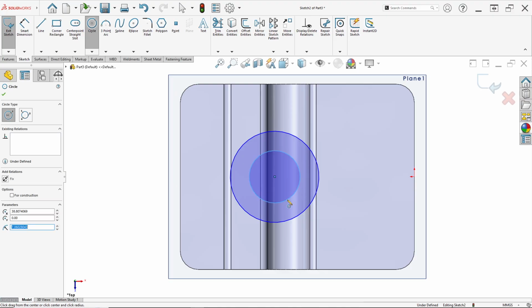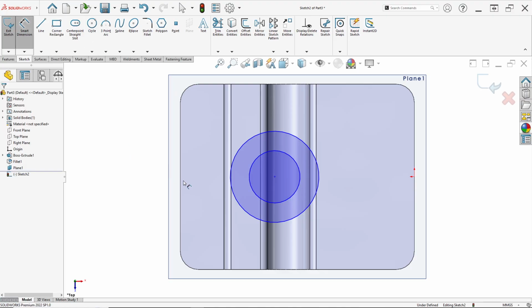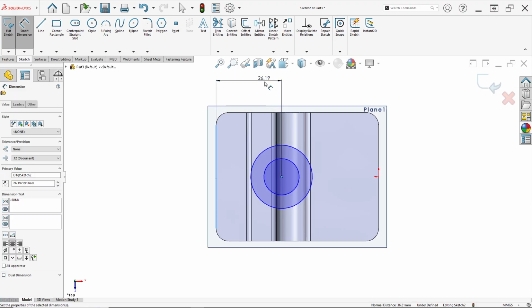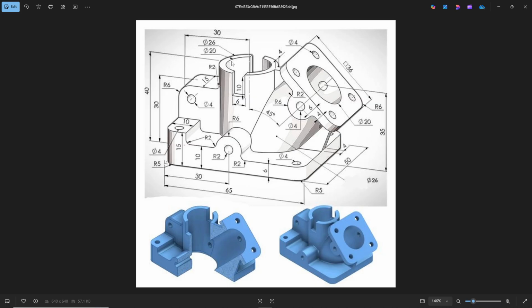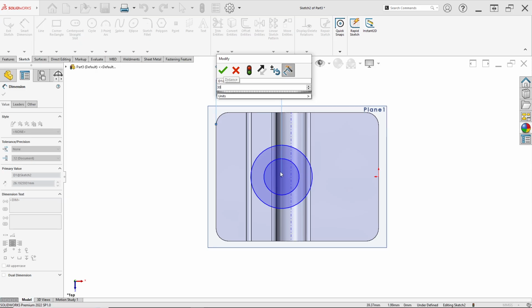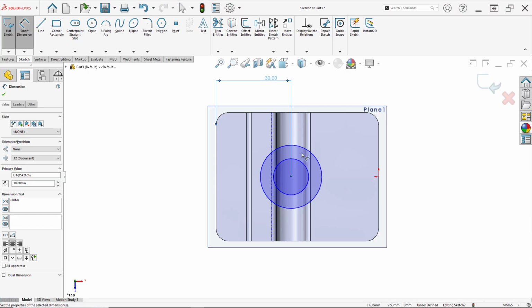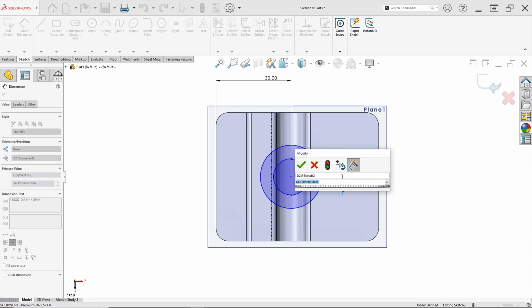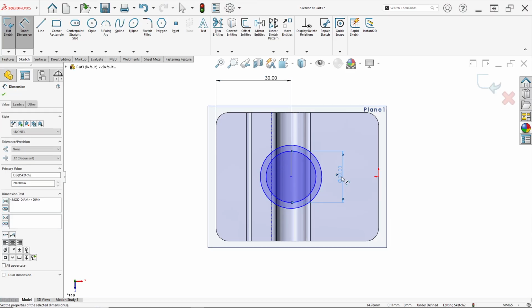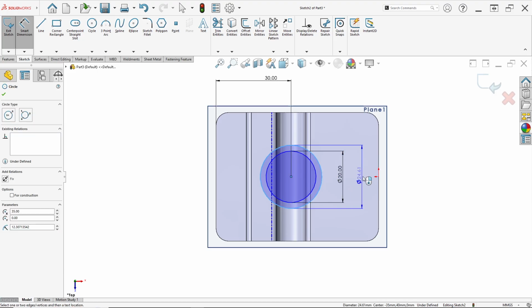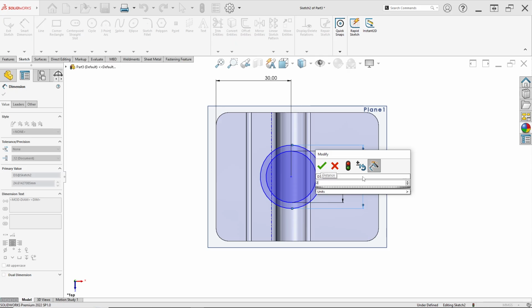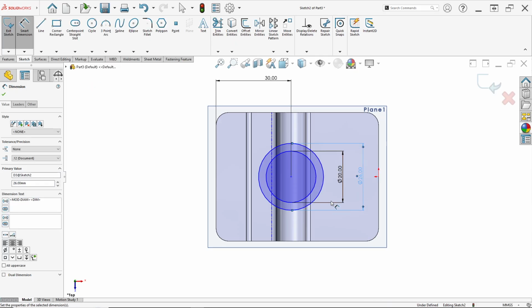Make two circles. The distance from this edge to the center of the circle is 30 millimeter. The first circle has a diameter of 20, and the second circle has a diameter of 26 millimeter, like this.